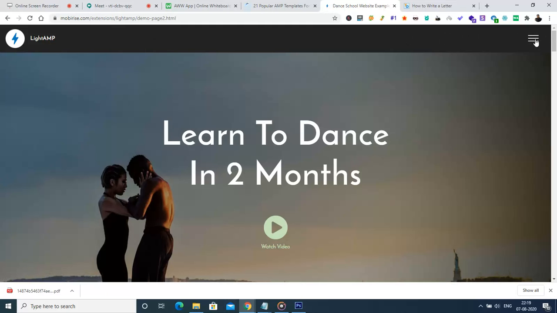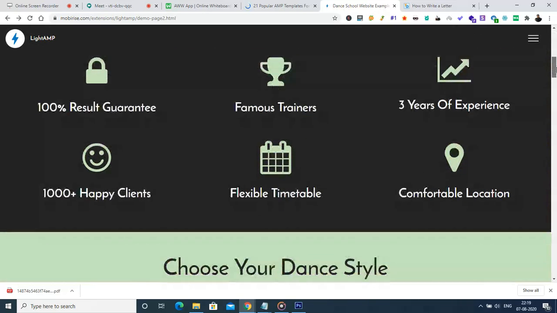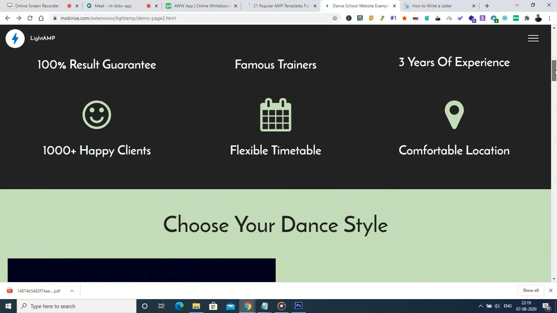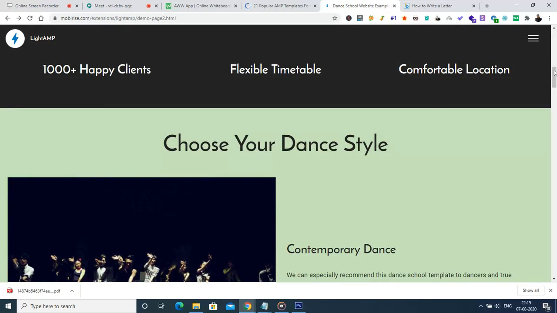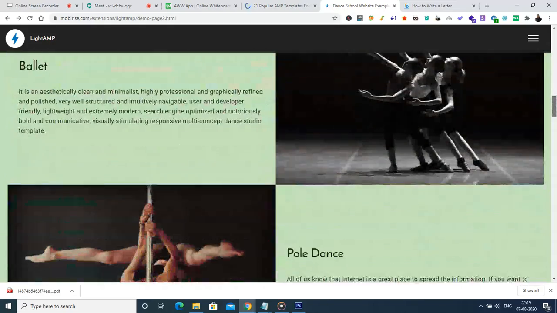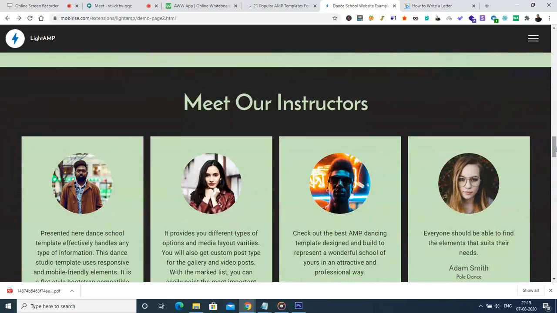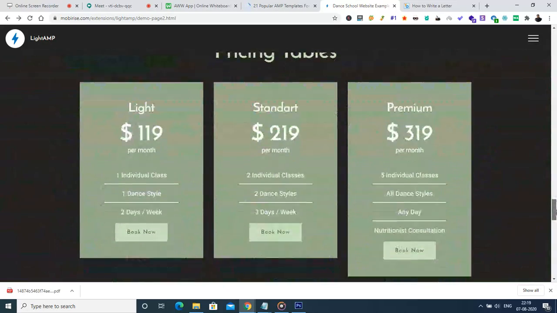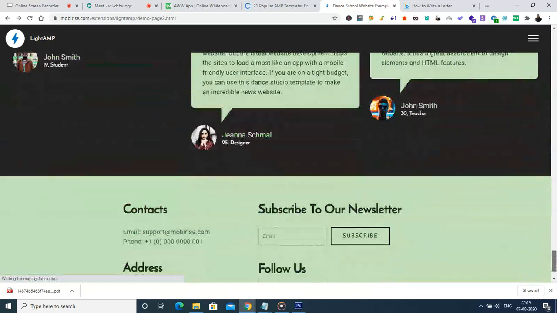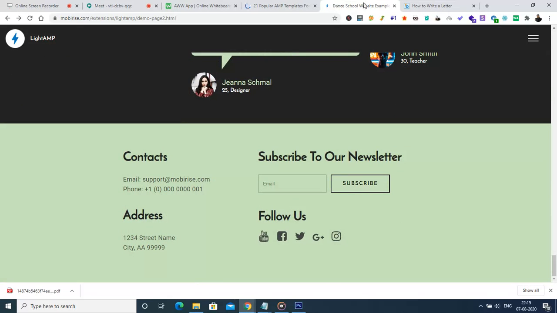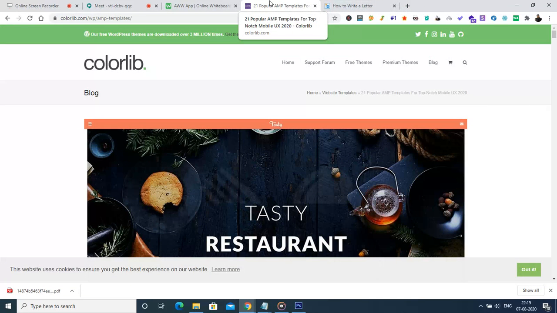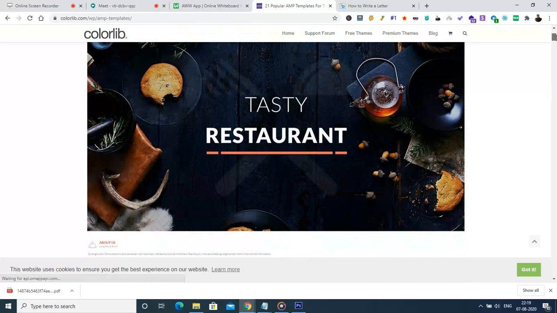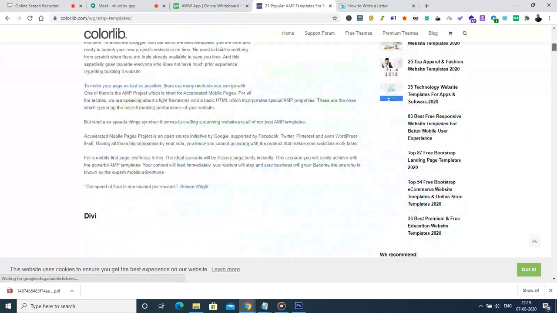There are not many menus, and the menu will be available once something is clicked here. It's primarily made for the mobile version. That's why the fonts are bigger in size, and this page follows the AMP guidelines so that it'll be loaded much faster. Hopefully that is good enough for us to see AMP version websites.